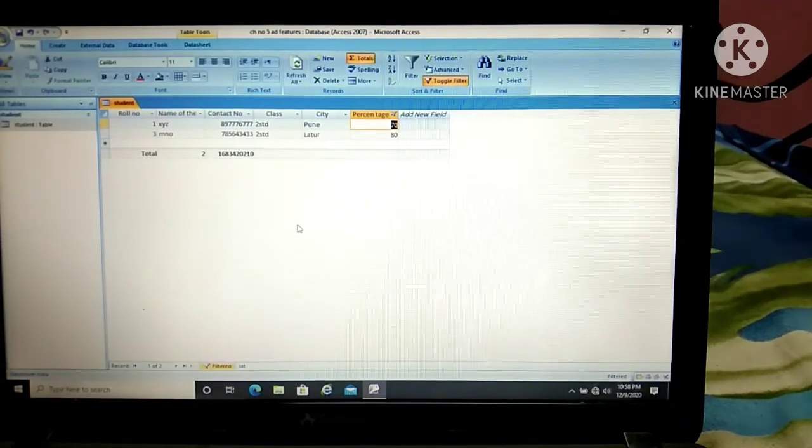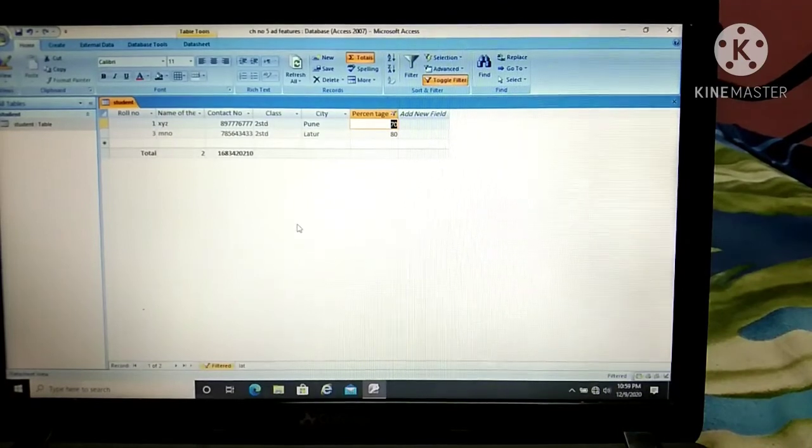See here, 70 to 80 means only 70 and 80 are displayed, because obviously these are the only two numbers which belong to 70 to 80. One row is missing here, that is 65, because definitely 65 doesn't come in 70 to 80. Like this you can set the advanced filtering on any field which you want. It's up to you how you want to set it. Okay, now